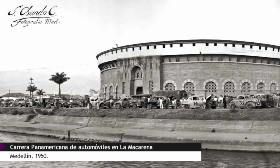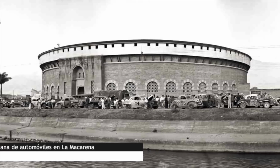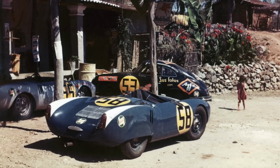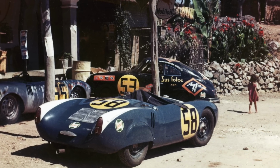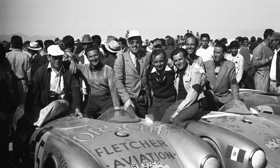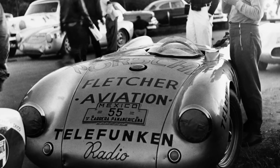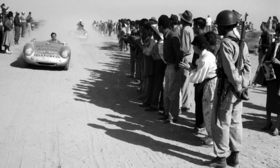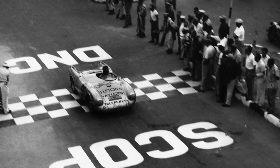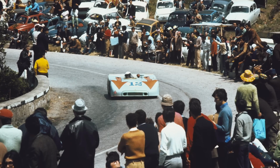car over the line. Four-seat sedans competed in the first race in 1950, and from 1951 to 1954 the race was open to sports cars, and that's where Porsche came along. Our little German company posted stage wins from the outset, dominating by 1954, taking 6 of the top 7 places in the small sports car category, headed up by Hans Herrmann, who took a class victory and 3rd place overall in a 550 Spider. The race was actually abandoned after that year due to safety concerns, but the Carrera Panamericana campaign of 1954 was considered Porsche's greatest international success of the time, before of course the company won Sicily's Targa